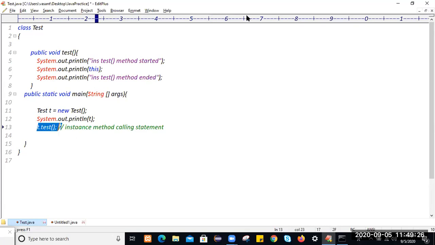The moment you call this instance method, first your execution will start at the main method. The moment you create the object, the object will be created, and this T will point to that object. As well as this also will point to the current class object which is going to be executed. So the moment you display this T, it will print the memory address of this object.